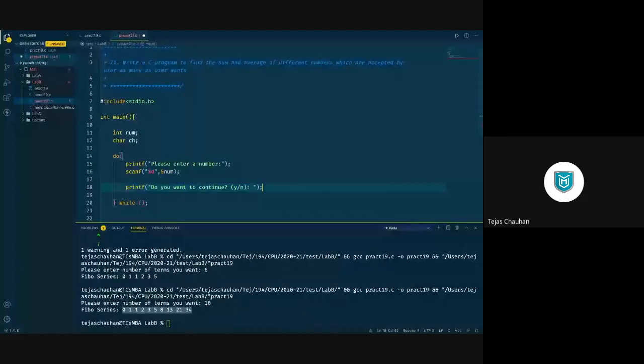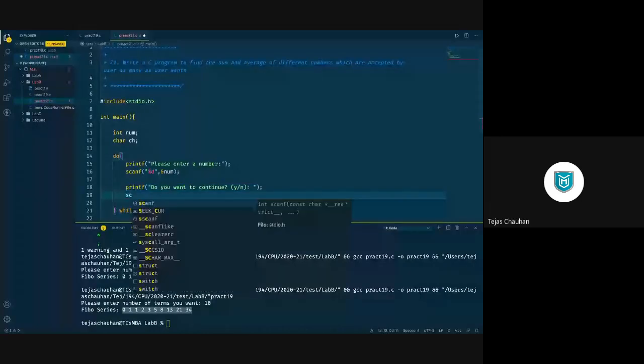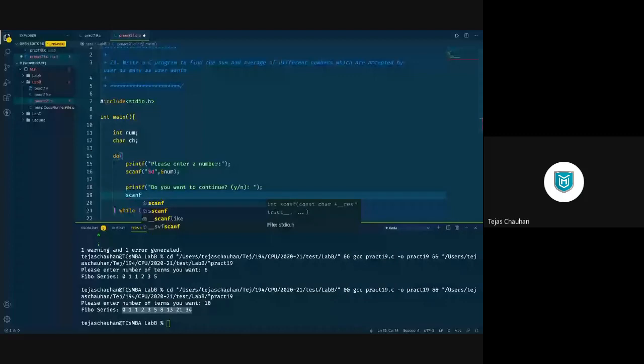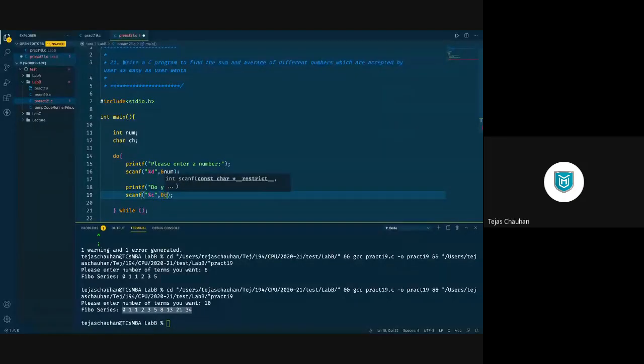Now since this question is asked, the user will enter something. So let us scan that answer. Okay, scanf. And at this place you are going to take a character, so %c and ampersand ch. Now you should remember, in the lecture when we scanned a character, what problem did we get?